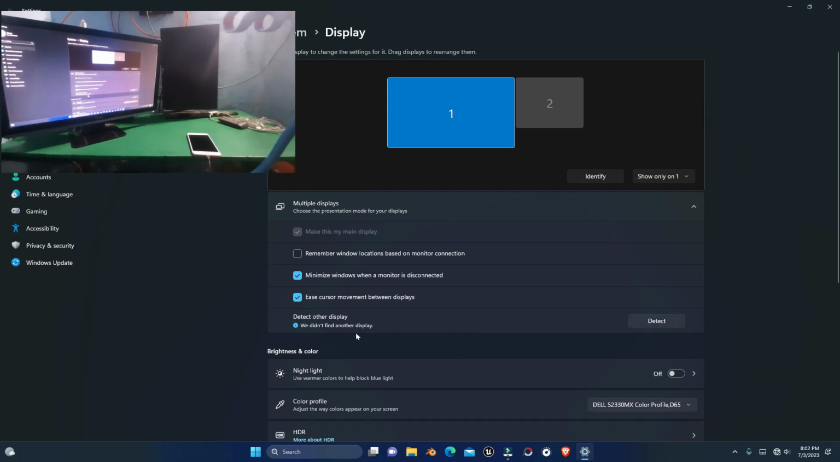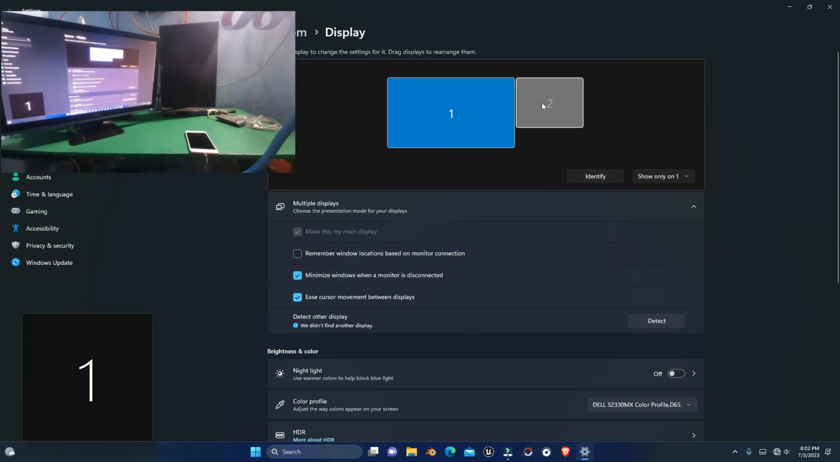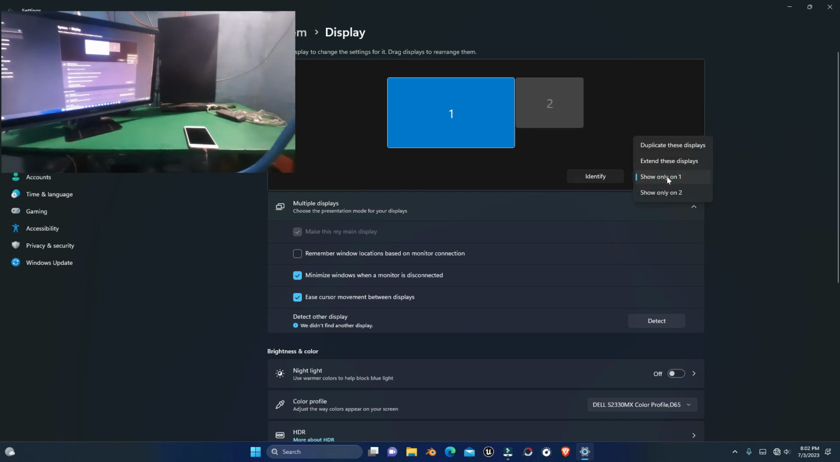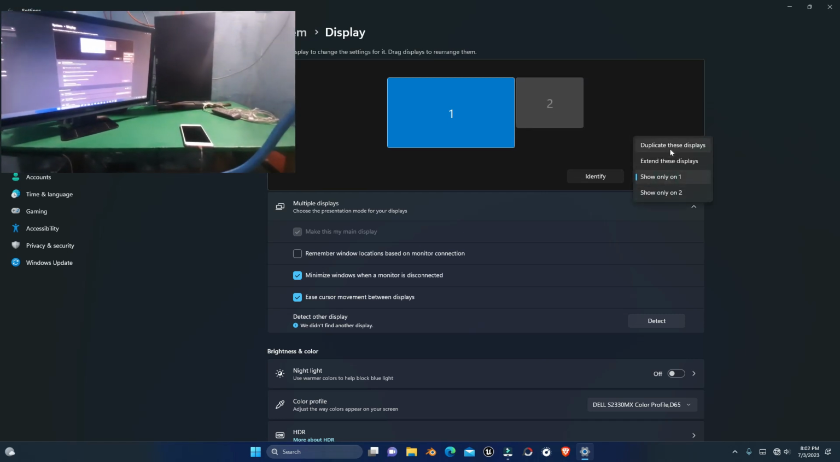So when you connect both of the monitors with your PC, just go to detect. Once it's detected, just find the monitor. So there you can see this is my monitor number 1 and there's a 2. To